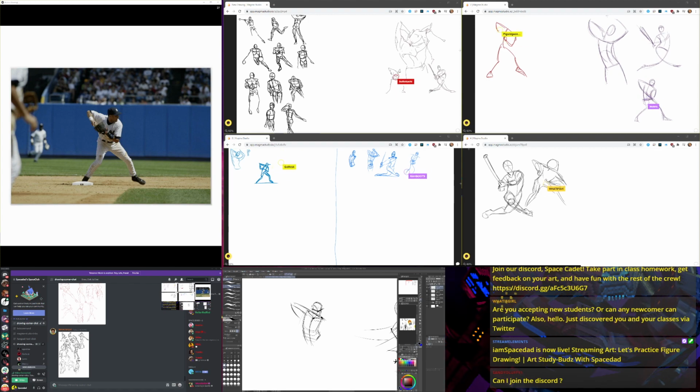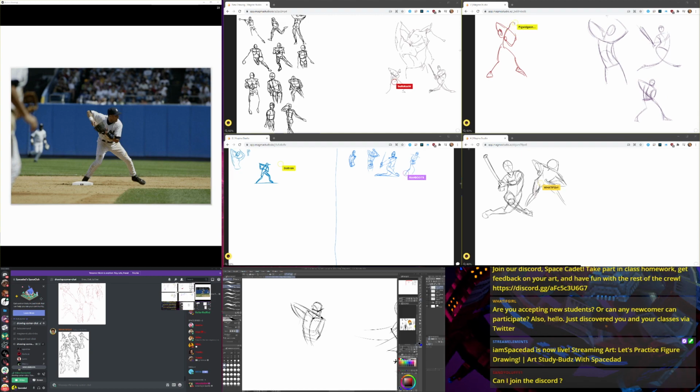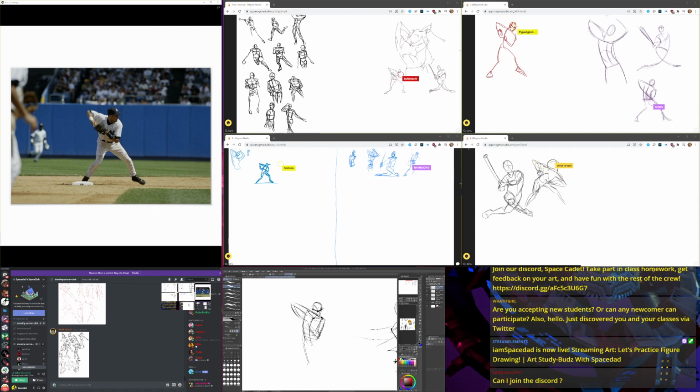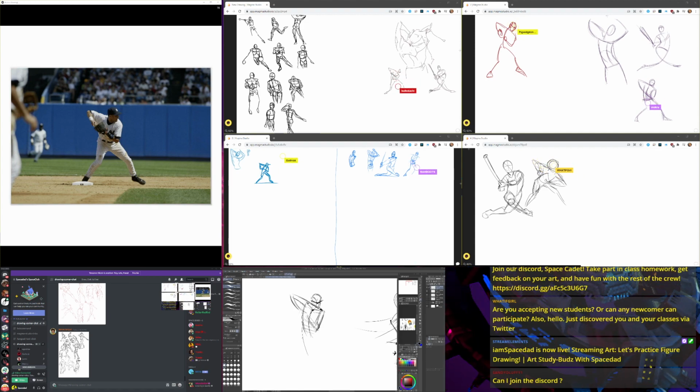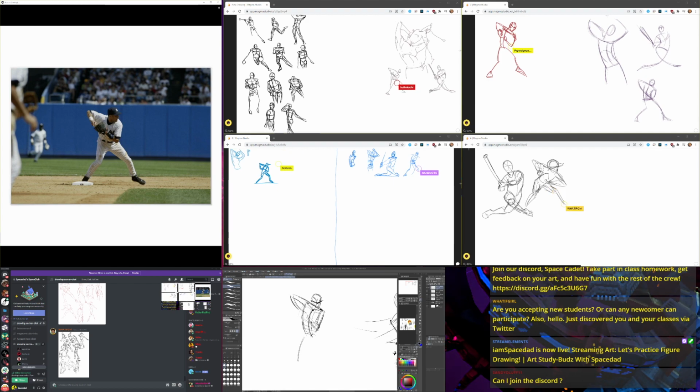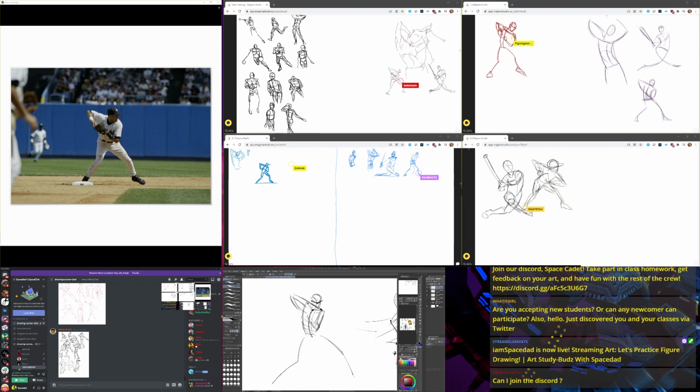So I'm gonna put a rough indication of his arms here. I got 10 seconds left, so I'm just going to include a quick rough gesture of his legs right here.